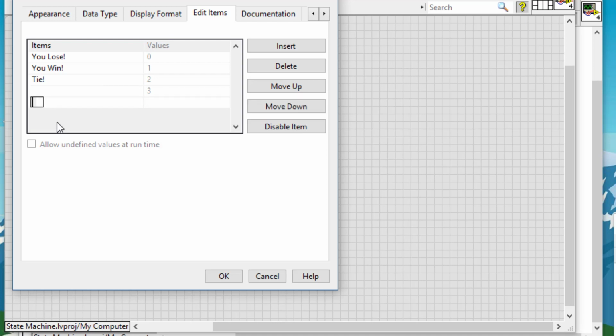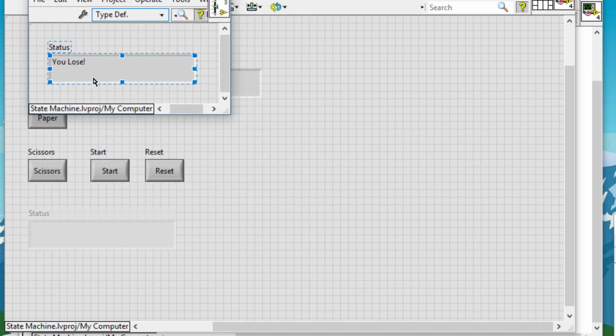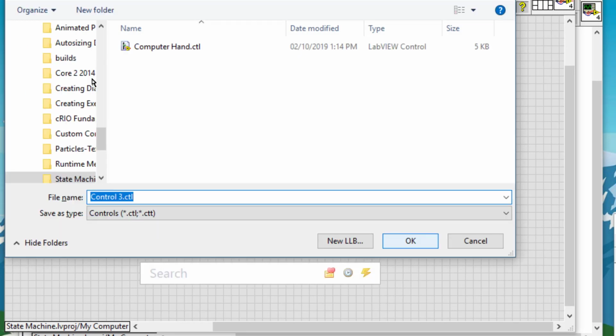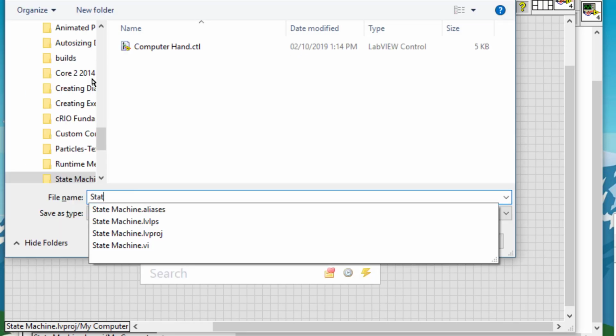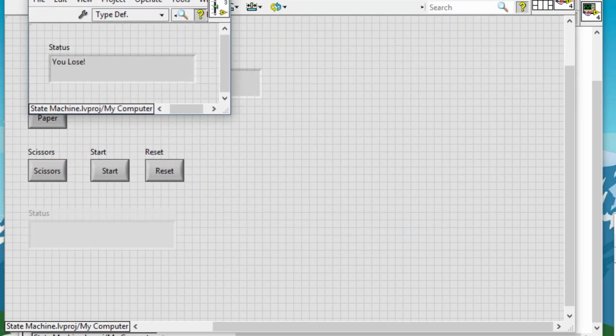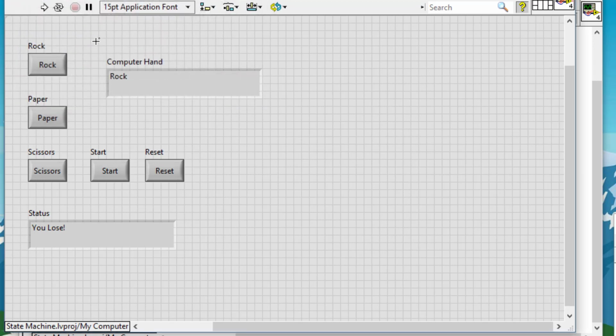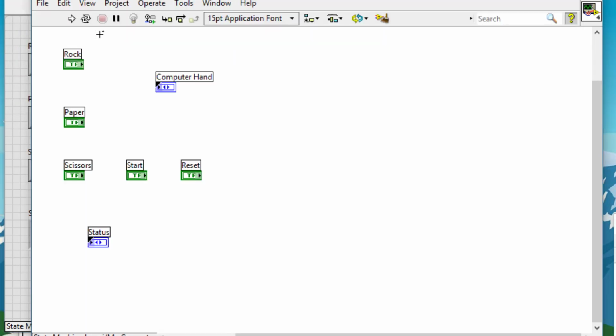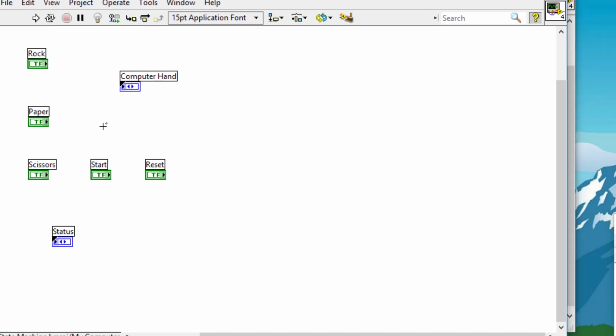Next items would be 1, 2, and go. Let's save it as well. Let's call it status. Let's close it. Let's go to the block diagram and create a state for our